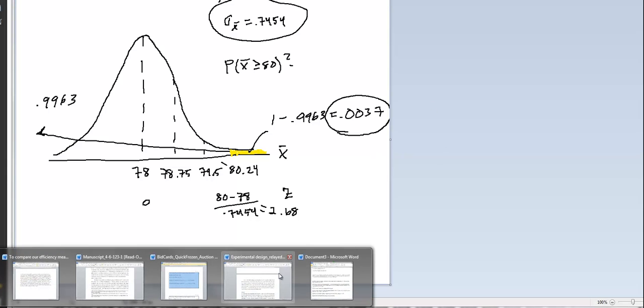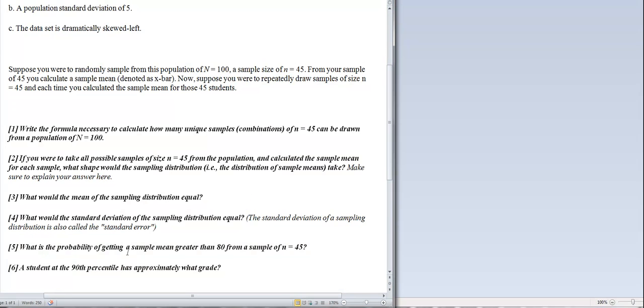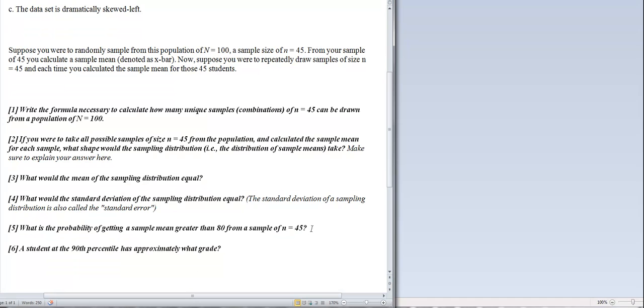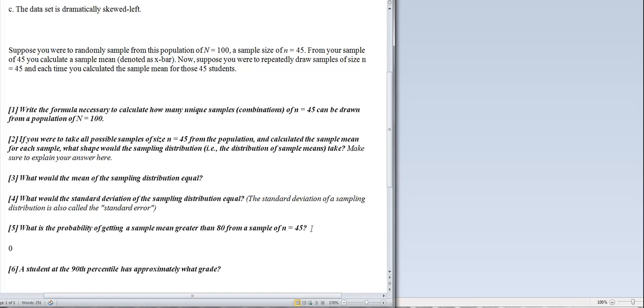if we go back to this, is the answer. Now, a student at the 90th